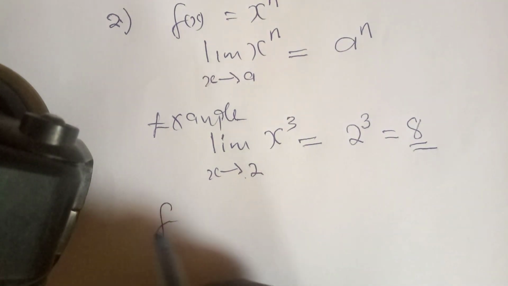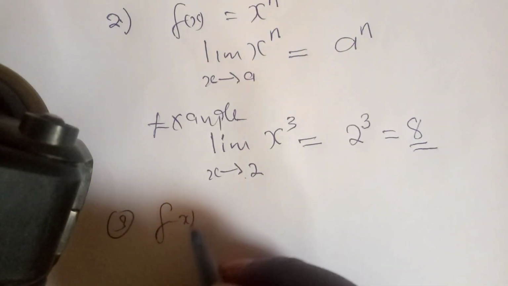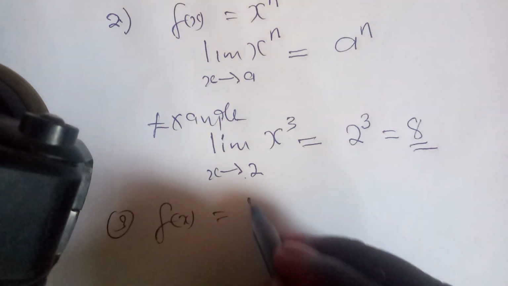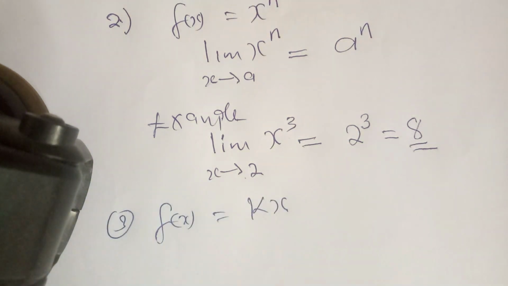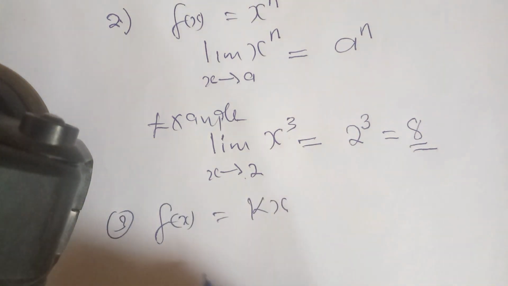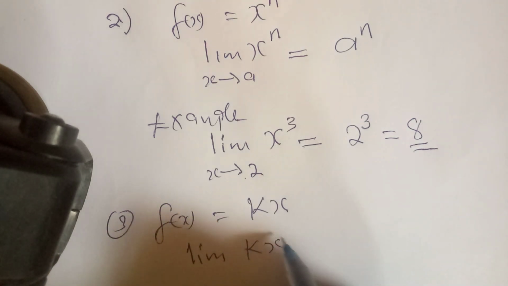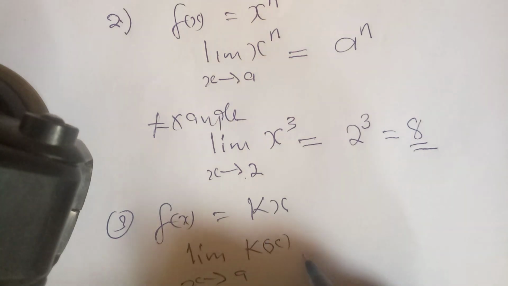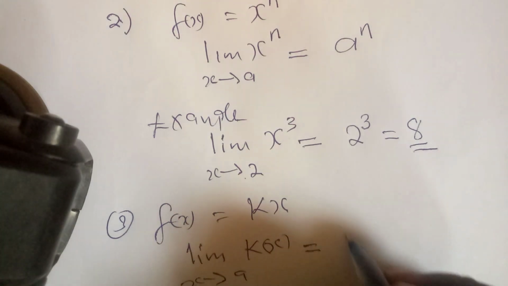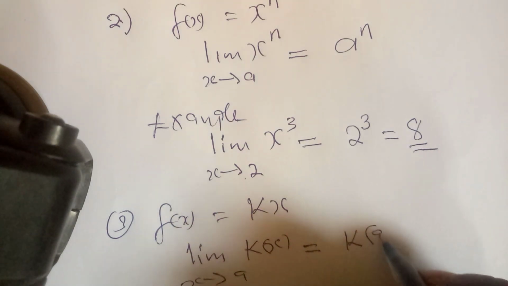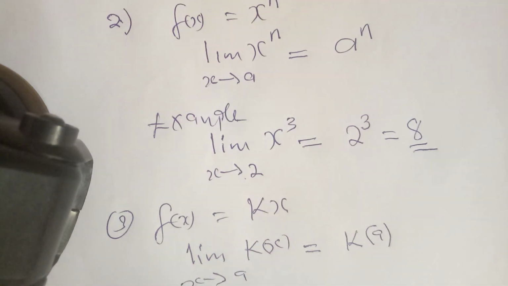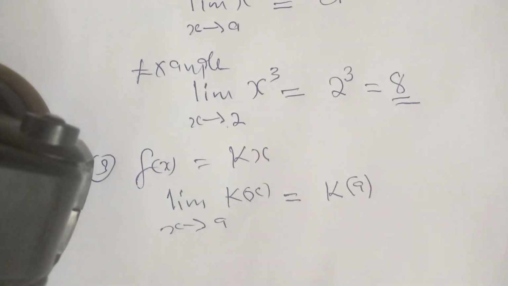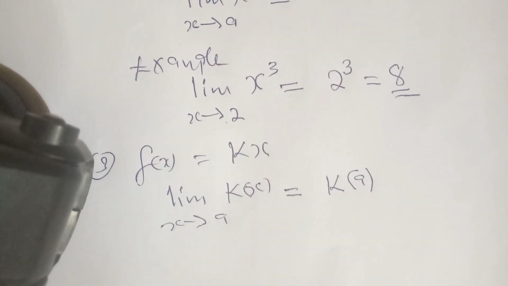Then we have number 3. If you have a function f of x equal to kx, when you pass the limit of kx as x goes to a, it is equal to k into a. When you pass the limit, for example,